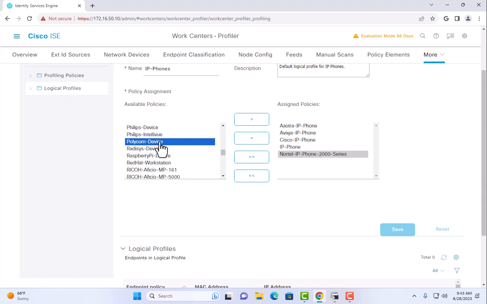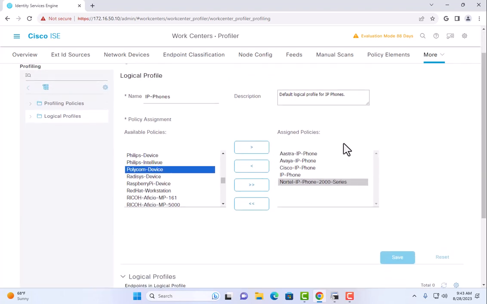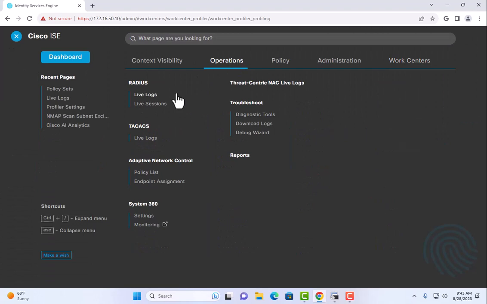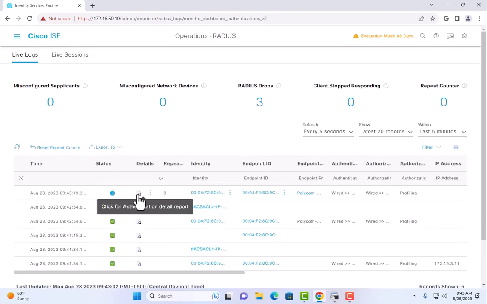And ultimately, yes, I could just move this over to this policy and we would start hitting it and things should work. But in this scenario, I want to highlight how it is that we would hone in on a device and figure out specifically what to do to create a more specific profile. So if we come back over to our logs and we look at this device